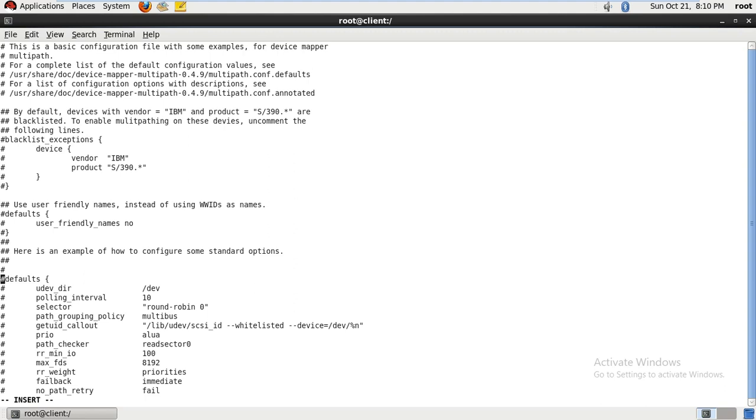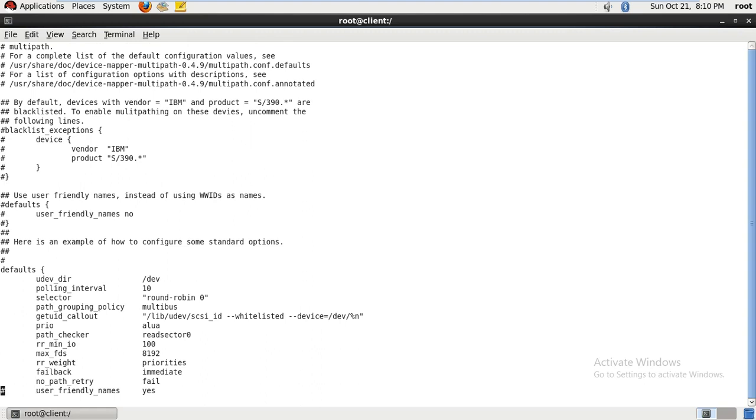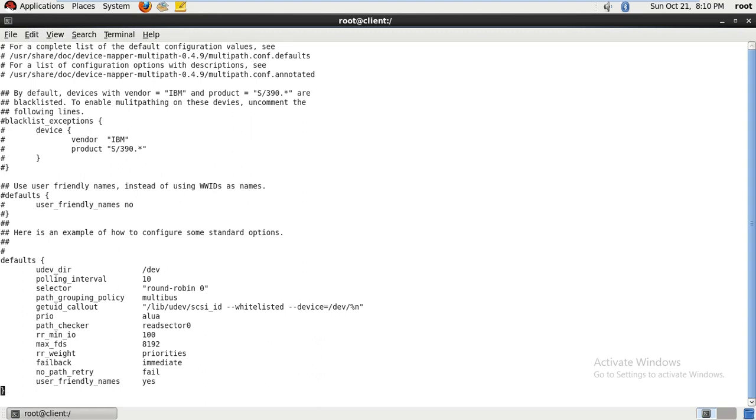First you need to uncomment it. By default it will be commented. Uncomment. Be careful when you are doing this configuration. If a silly mistake is there, then from the client side the application user may not access the shared LUN. Till here you need to uncomment. Then I'll tell you all those things. Okay, so here what is it saying? Slash